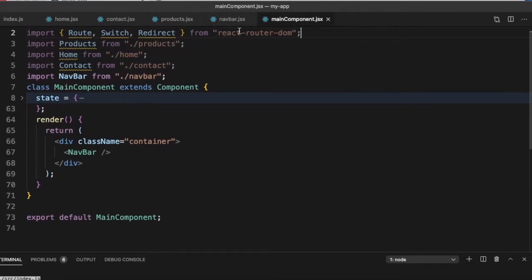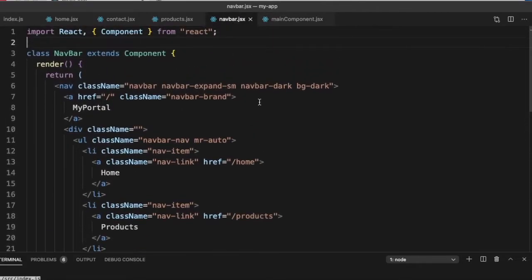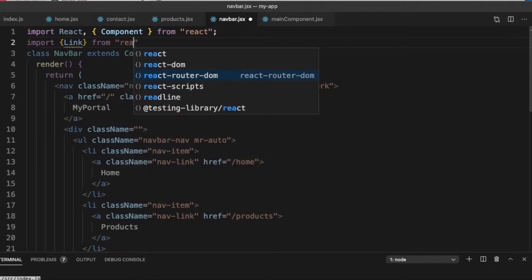Now let's go to our navbar and see what our links are here. So we have these anchor tags. Let's replace them with Links. So import Link from React Router DOM.